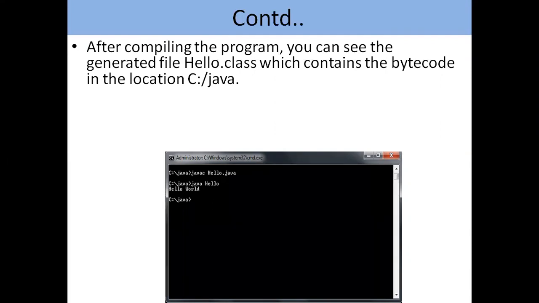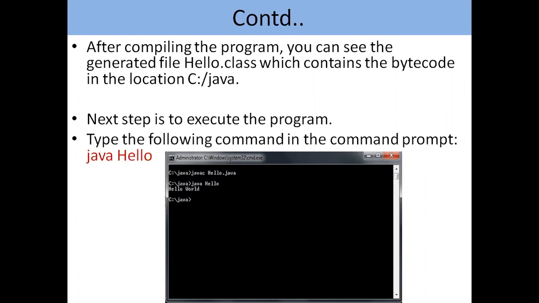So after that, if you want to execute it, then you should give a command called java space file name. Don't give any extension here, so don't provide .java here. Okay, so this is how to execute a Java program. After execution of that Java program, I have obtained an output which is nothing but hello world. Okay, this is how to compile and execute your Java program.